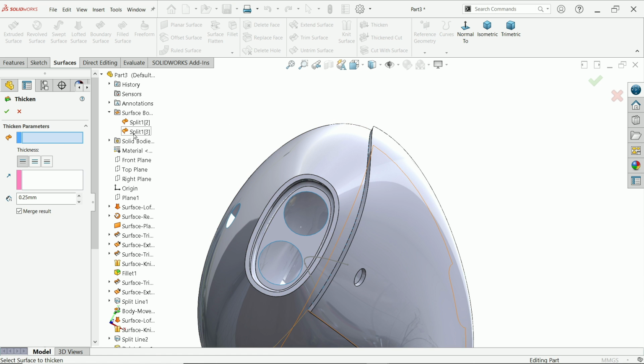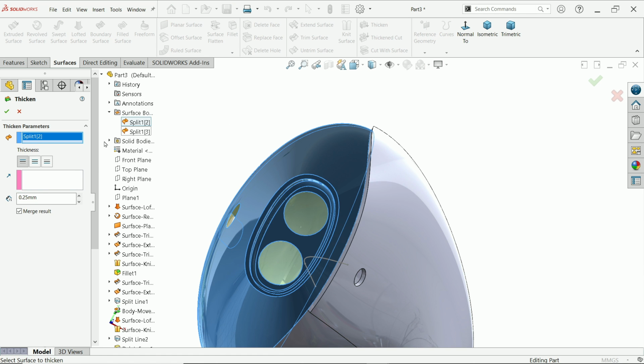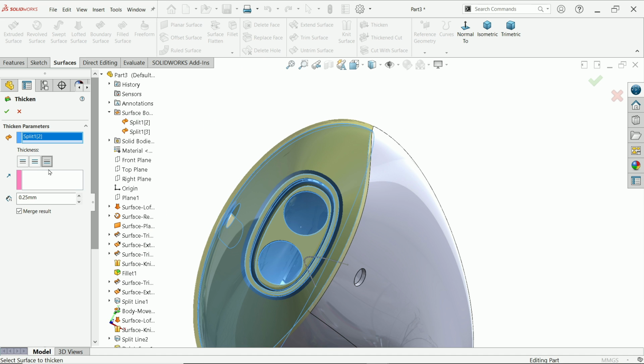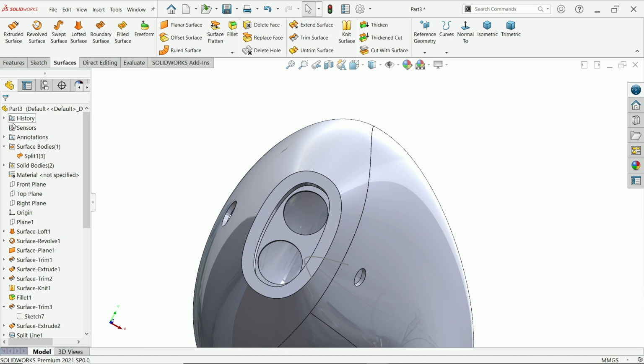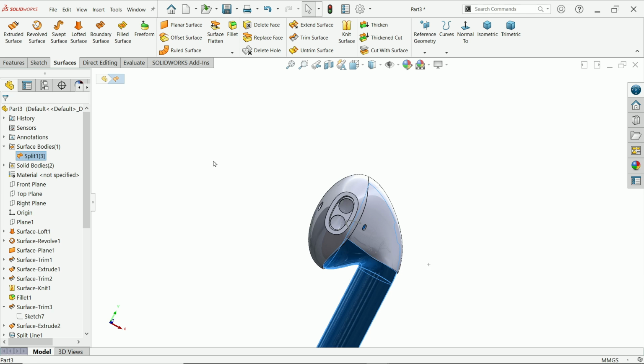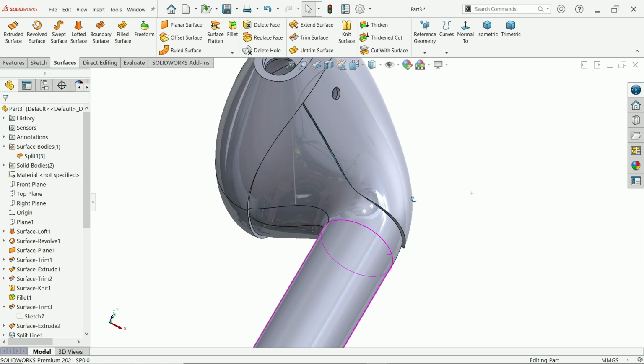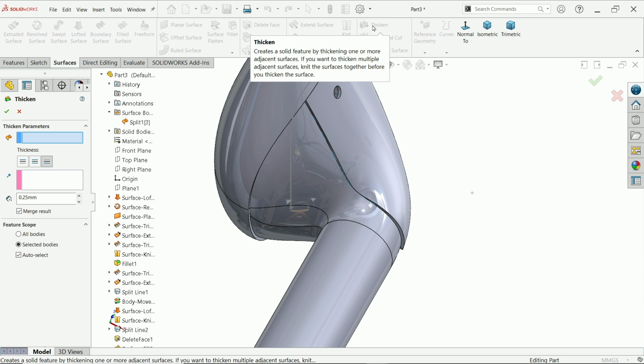Similarly, split 2, thickness should become outside. Okay, now here if I choose thicken side 2, 0.25, merge result, say okay, unmerge result. Now that's it. Now again one more is balance, the bottom one. Look, thicken,